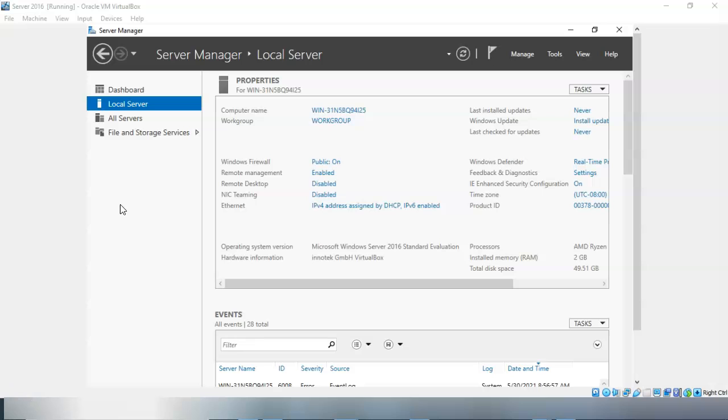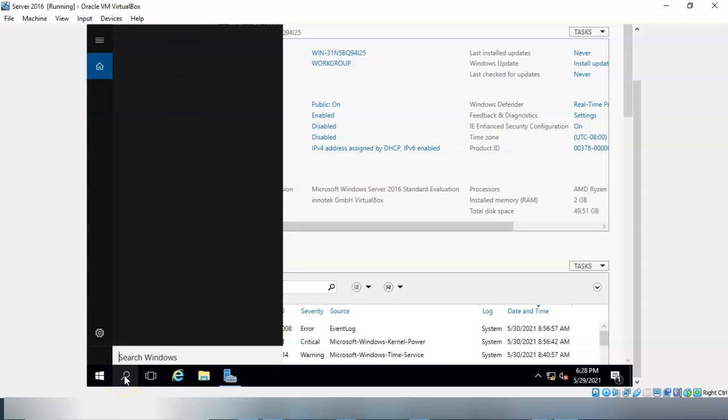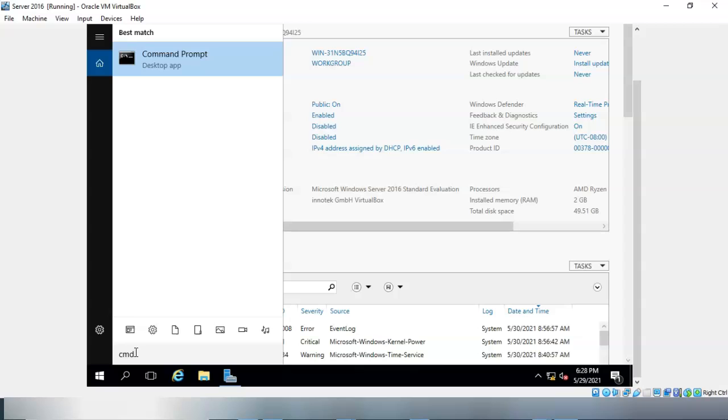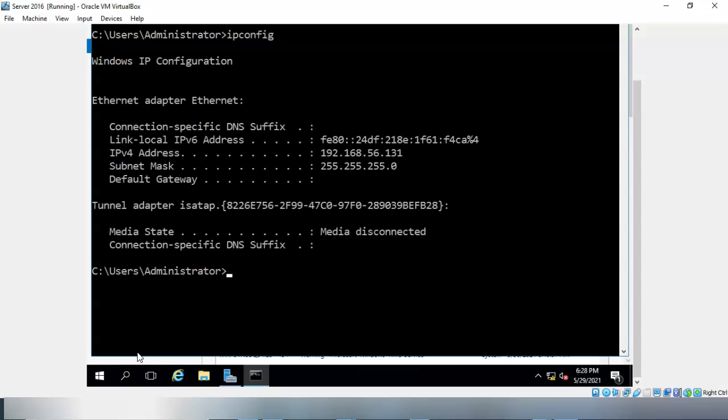So currently this machine is picking up its IP address from the DHCP server built into VirtualBox. And so that we can see that IP address that is currently assigned, I can go down here to my search window, I can type in CMD, and I can just hit enter. That brings up a command prompt, and at the prompt I can type in ipconfig. I can hit enter, and you'll see that I have an IP address of